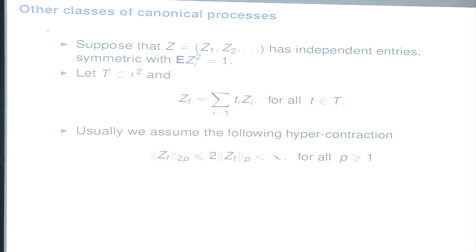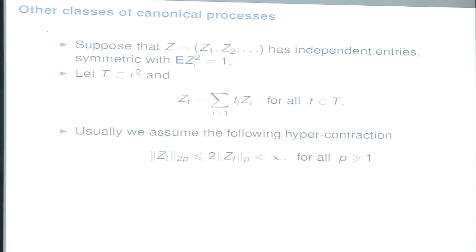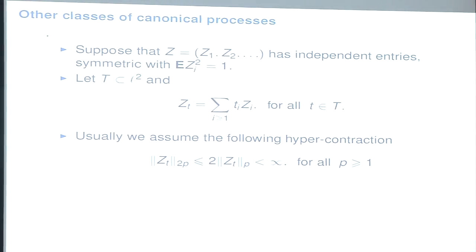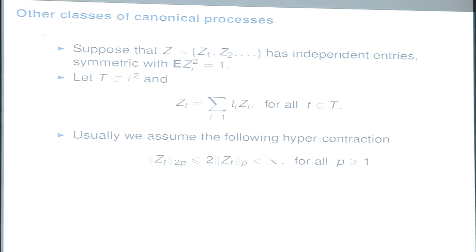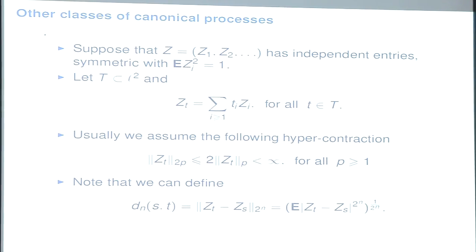And then what is usually assumed to get interesting things is that there is a concentration, there's a hypercontractivity. And the hypercontractivity of this type will be important for me when I turn to the general partition scheme that concerns multiple distances. This will be an important property, and the multiple distances are advertised here. So we can consider moments, and moments are a good source of distances for such a general class